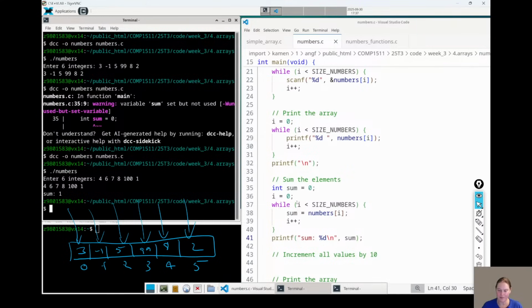Yeah, plus equals. I said sum equals numbers I instead of sum equals sum plus numbers I. That should fix that.